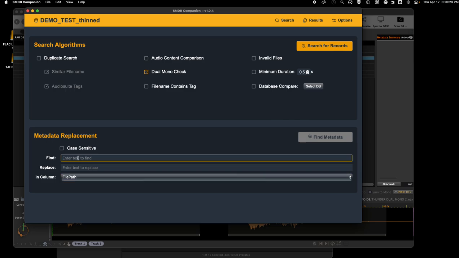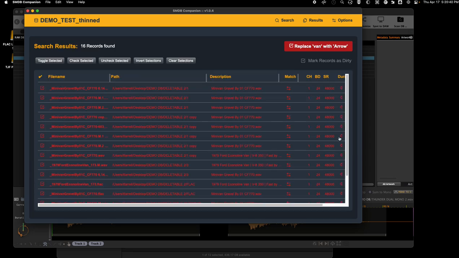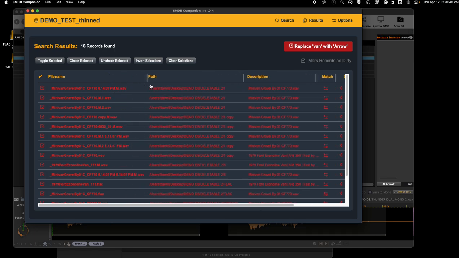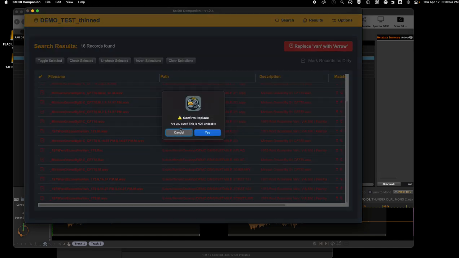If you run that, let's just quickly search for van and change it to arrow. Okay, right. I can say find metadata, and then this has van somewhere in the file name. Yeah, there we go, minivan. And then you can hit the button and it will, are you sure this is not undoable? I don't really want to do this right now, but yeah, that can help you rename